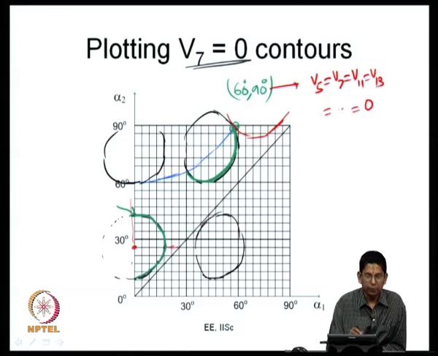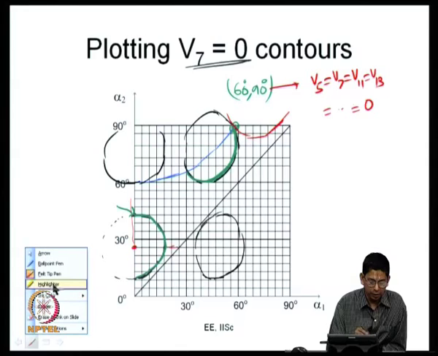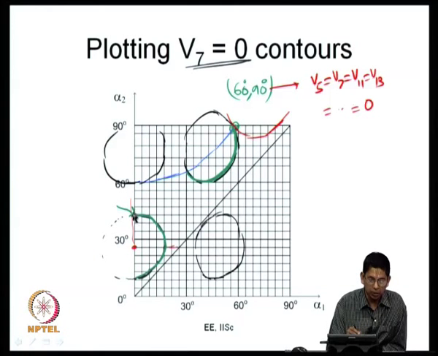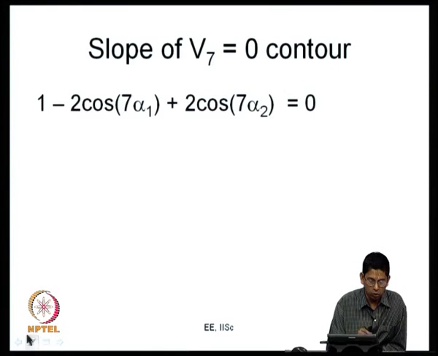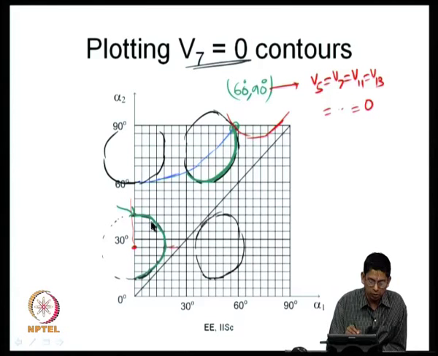So, if you take this point, the fundamental voltage is low, and let me use an arrow here. So, at this point the fundamental voltage is low. As you go on moving around this curve, your fundamental voltage will increase and it will come to some other value. So, there is a range over which the fundamental voltage varies along this curve, and that range starts from somewhere higher than V 1 is equal to 0, right. Now, you take this curve. Now, this is V 1 is equal to 0,